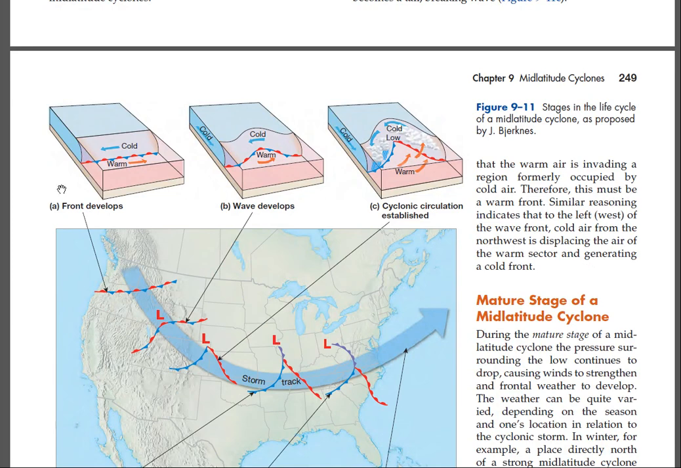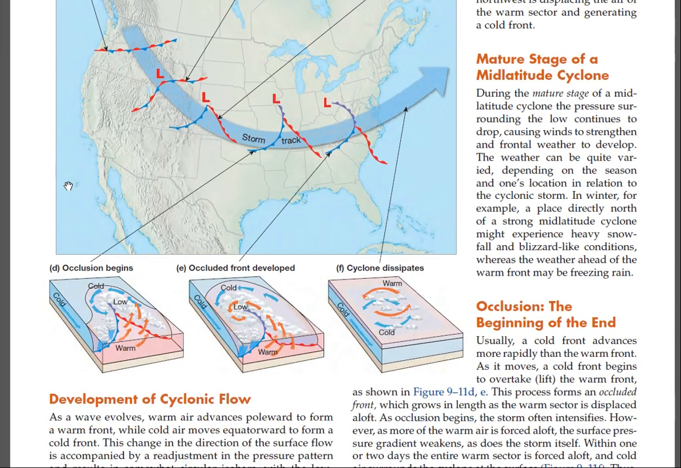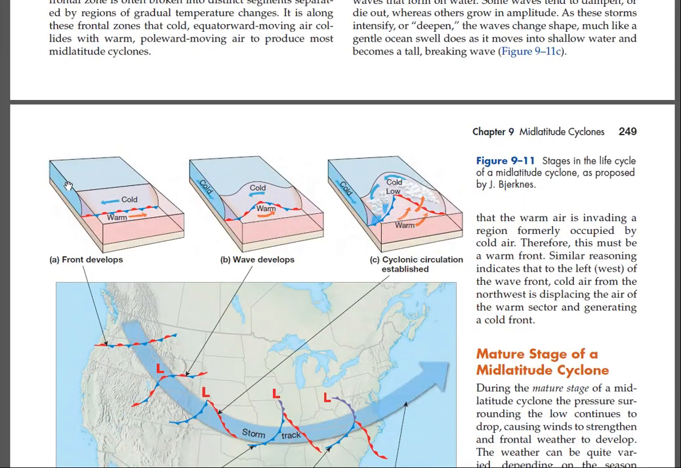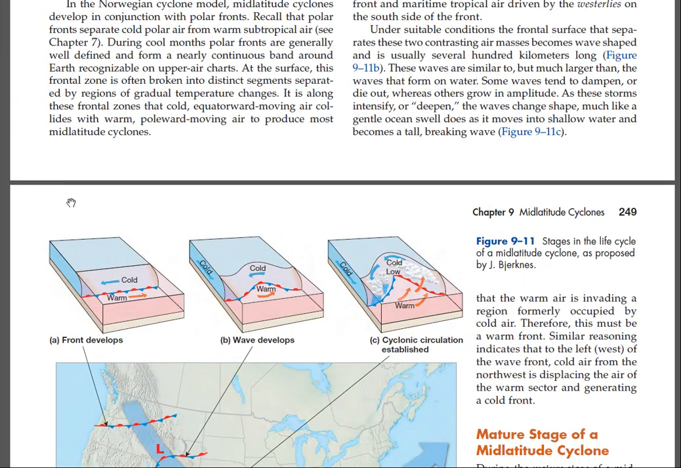Formation, the clash of two air masses. A mid-latitude cyclone is born when two air masses of different densities and temperatures are moving roughly parallel to a front but in opposite directions. In the classic polar front model, this would be continental polar air associated with the polar easterlies on the north side of the front and maritime tropical air driven by the westerlies on the south side of the front. Under suitable conditions the frontal surface that separates these two contrasting air masses becomes wave-shaped and is